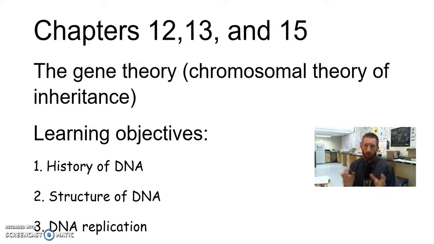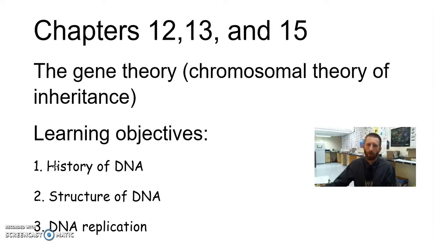So let's review. Chapter 12, we went through the first three learning objectives, right? We talked about learning objective number 1, history of DNA, Griffith and his mice and his bacteria, smooth and rough, and how he identified this mysterious transforming factor. And then we also talked about, in that same learning objective, Hershey and Chase and how they labeled the proteins and how they labeled the DNA. And they looked to see which molecule the virus injected into the bacteria, and they identified that DNA was in